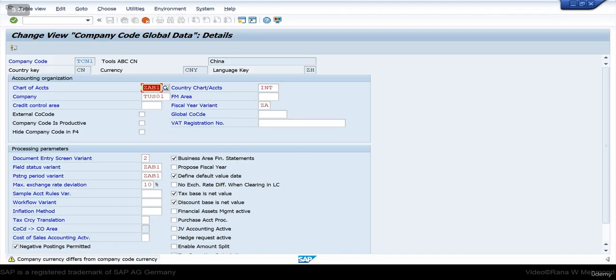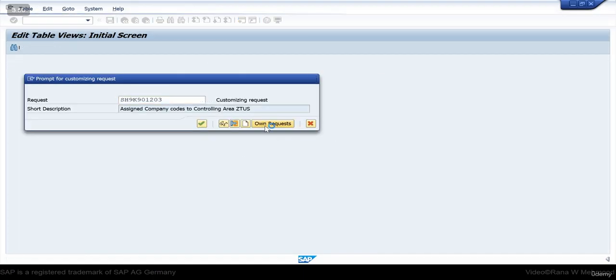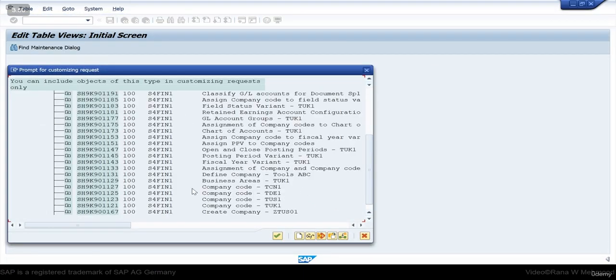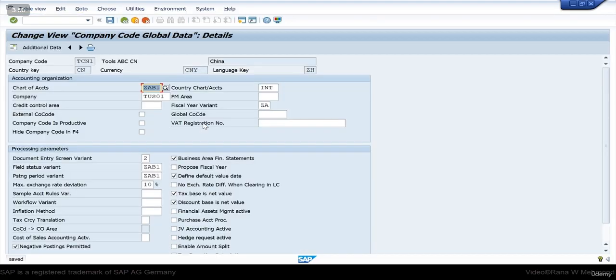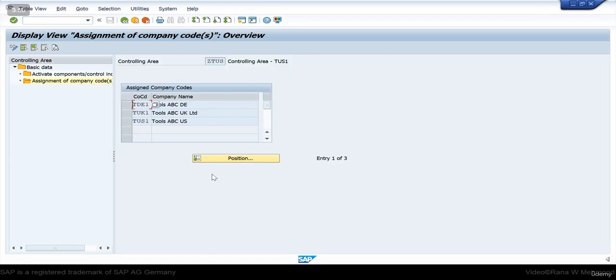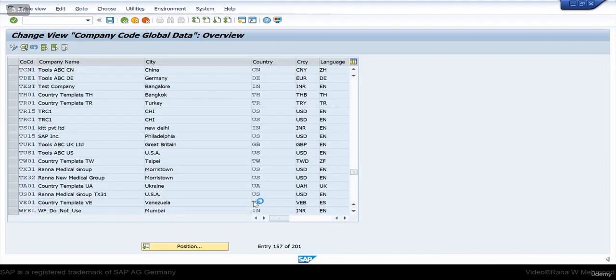It is just a warning for company currency differs from company code currency. Press enter, and you can enter these customizing requests into your Chinese company code, that is PCN1, under the same node. Press enter, and that's how you can assign company code global data for a new company code, that is for China. And now go back, and first come out from the screen and click this cancel button,